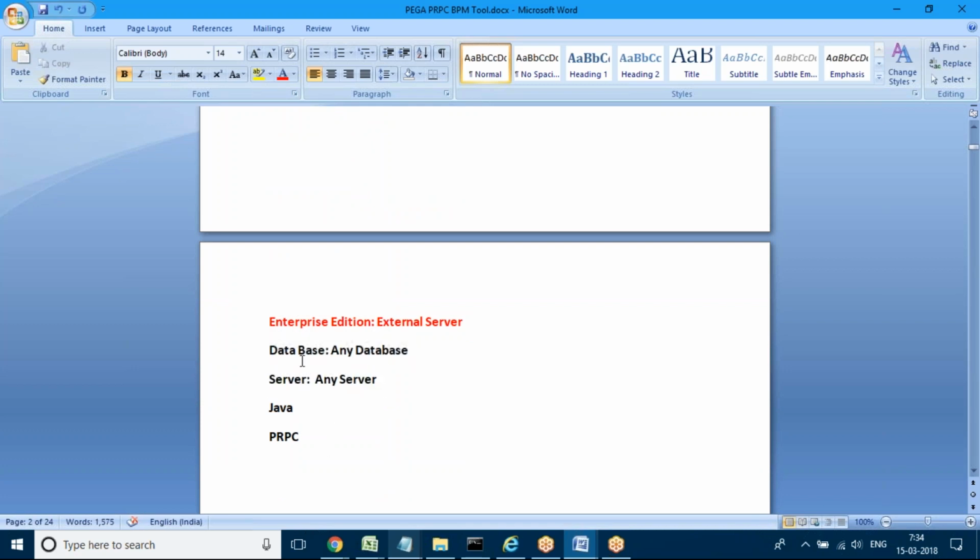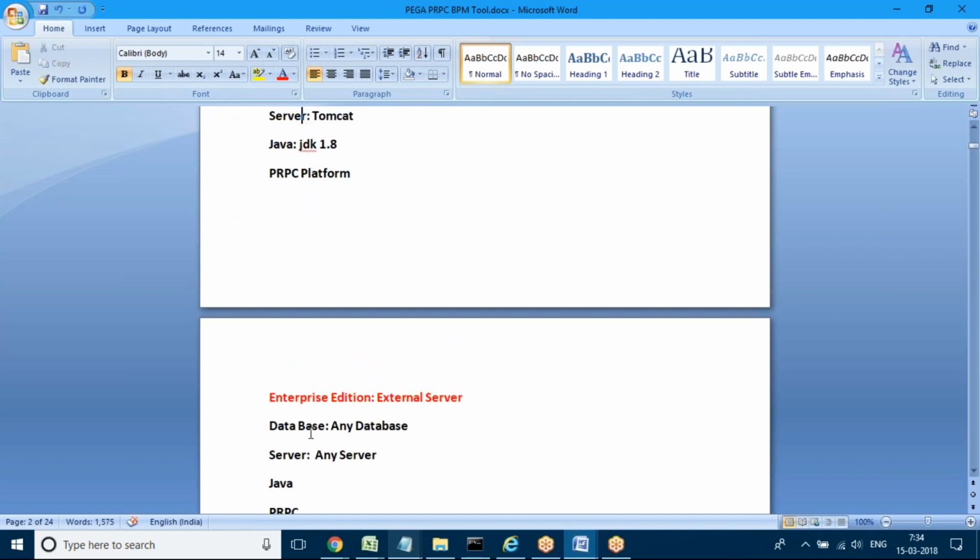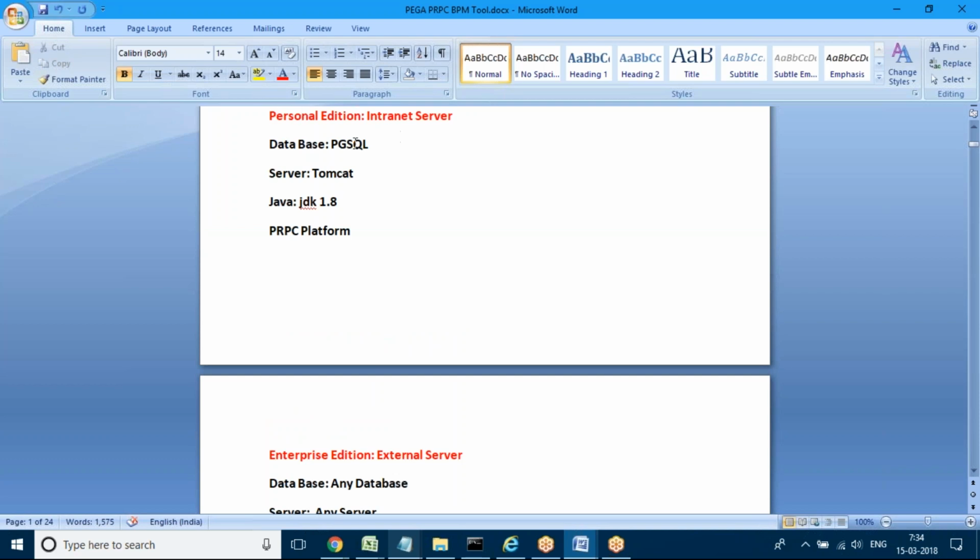The only difference is that it supports all the databases and servers, depending on your project requirement. In the personal edition, they don't give access to all the databases because it's a normal practice edition, so they provide one database and one server.